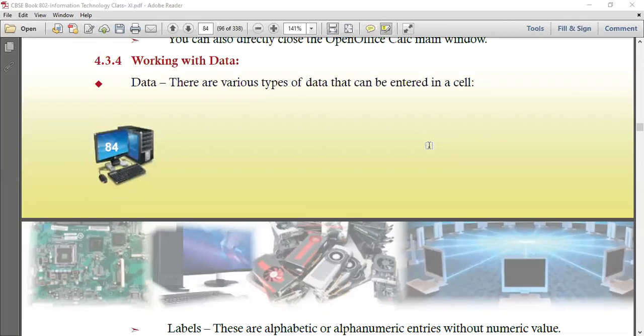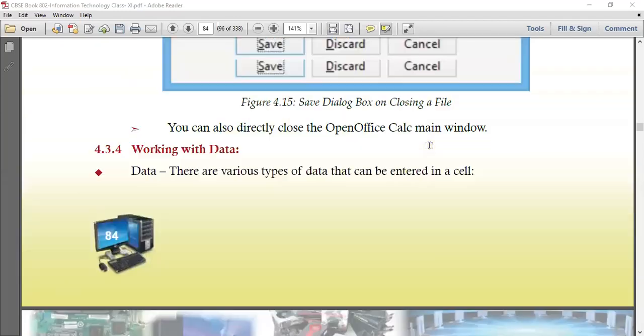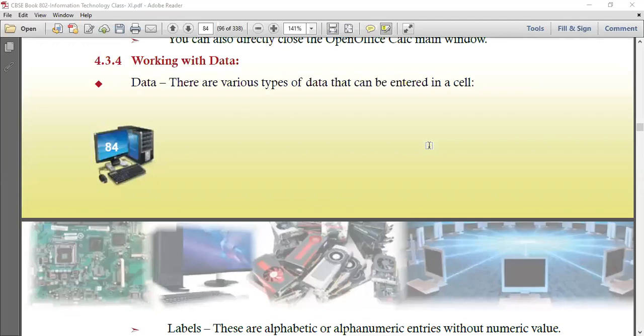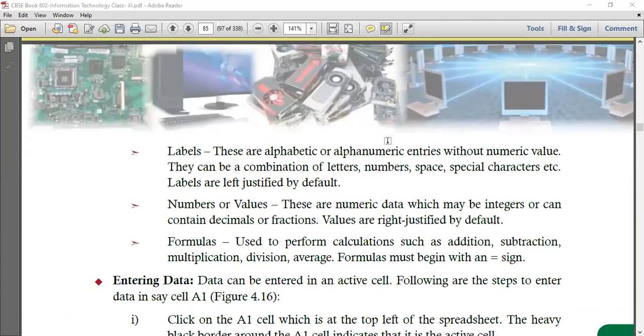Now coming to data. तो डेटा, there are various types of data that we can enter into a cell. कौन कौन से टाइप ऑफ डेटा we can enter? We can enter labels, numbers or values, or formulas. Labels are